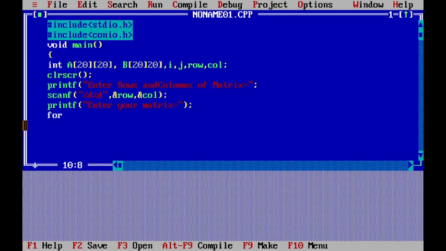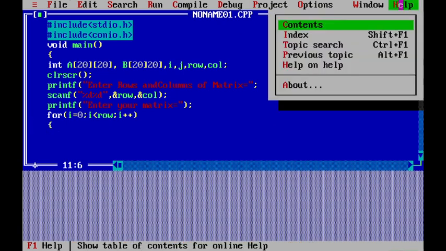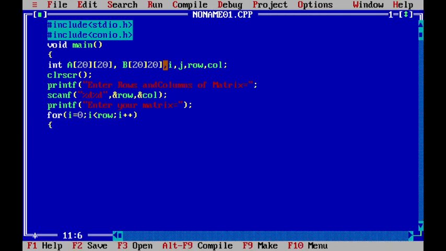Then by using the for loop, for i equal to 0, i less than row, i plus plus, again for j equal to 0, j less than column, j plus plus, bracket completed, and scanf %d and a[i][j], bracket completed.